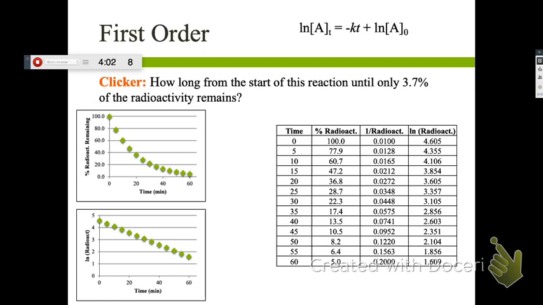I was thinking backwards and I told them no, 47 seconds is when they would have those 7%. So you said 47 seconds. Why are you doing 45 and 60 seconds? 10.5 and 8.2. So you're saying that this